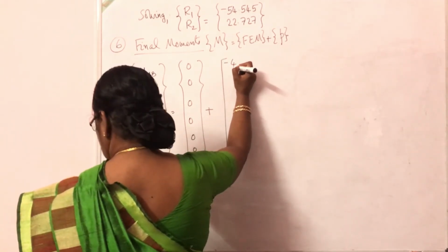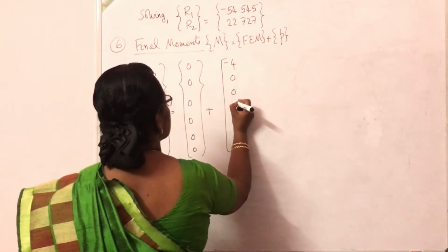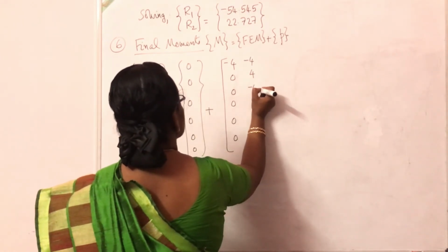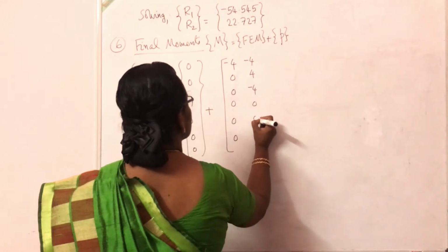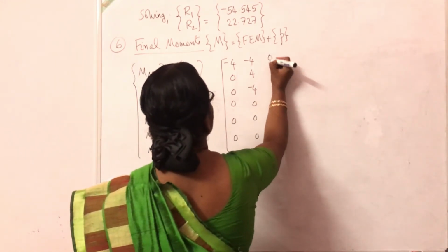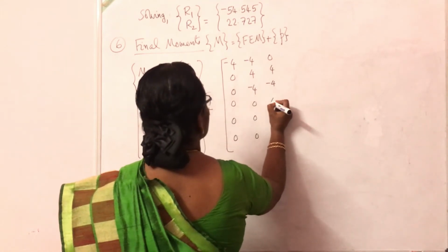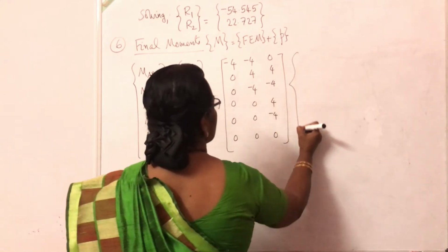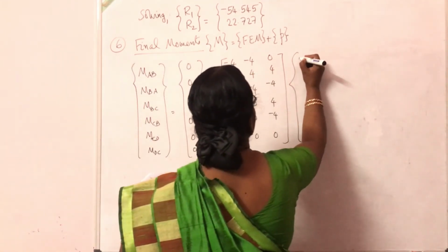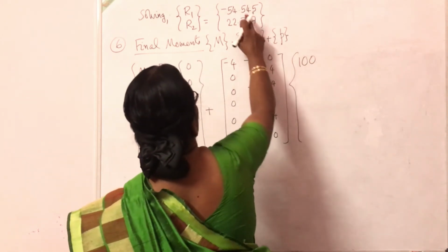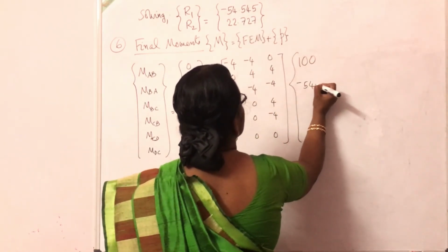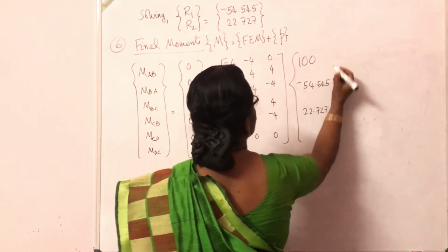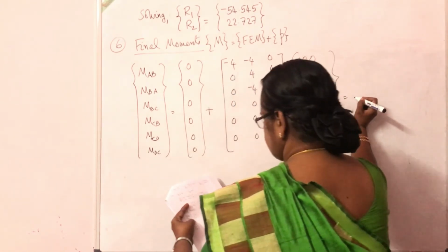Write down the A matrix. First column, second column, and the third column: 0, 4, minus 4, 4, minus 4, 0. This was the transformation matrix. This into, corresponding to this P1, the external load 100. Then R1, R2. R1 is minus 54.545 and R2 is 22.727. So the final answer works out to